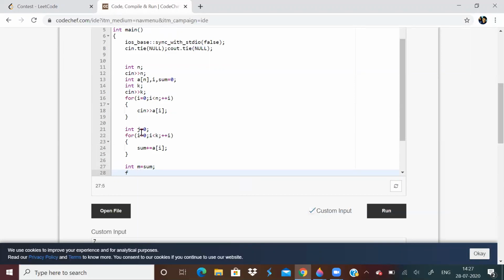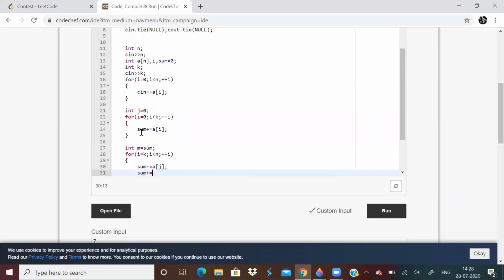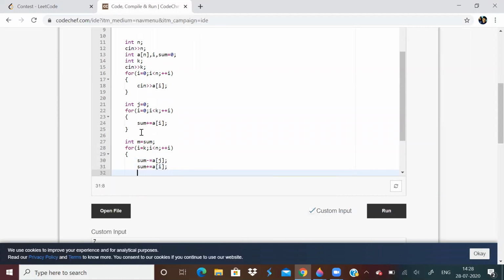Now I'll run a loop from i equal to k to n, and every time I will remove the jth element and I will add the ith element. So I've shifted the window. When you do these two steps, you have shifted the window of size k.